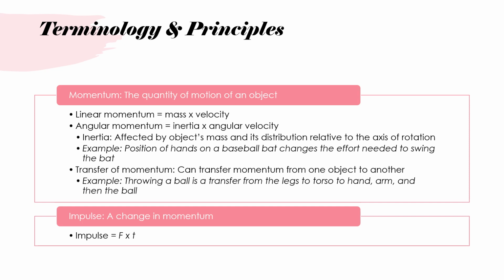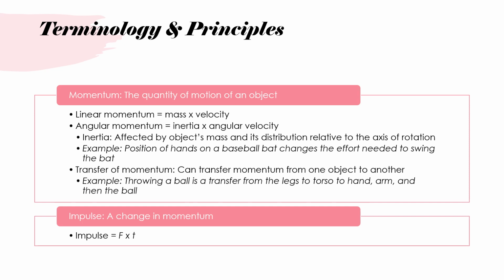As the top spins, it exhibits angular momentum. As long as no external torques are acting on the spinning top, the angular momentum will remain constant. This is known as the conservation of angular momentum. Even if the spinning top tilts or wobbles, its angular momentum will stay the same as long as no external